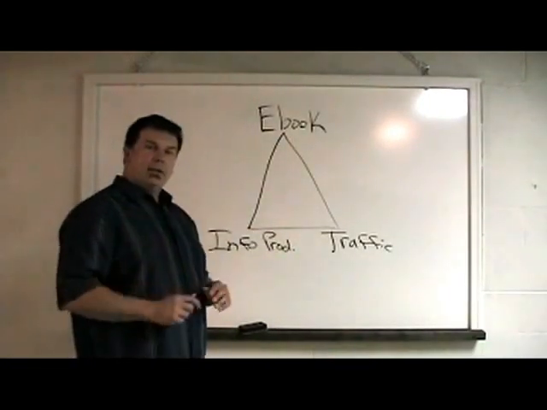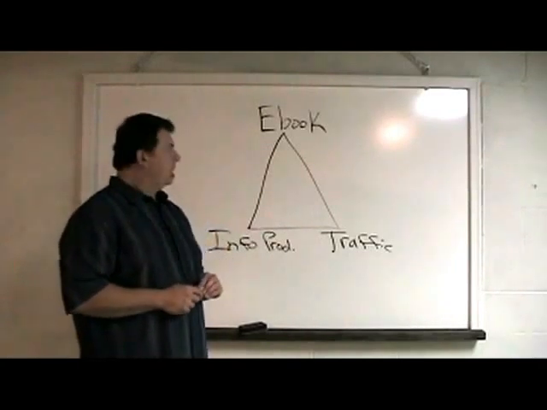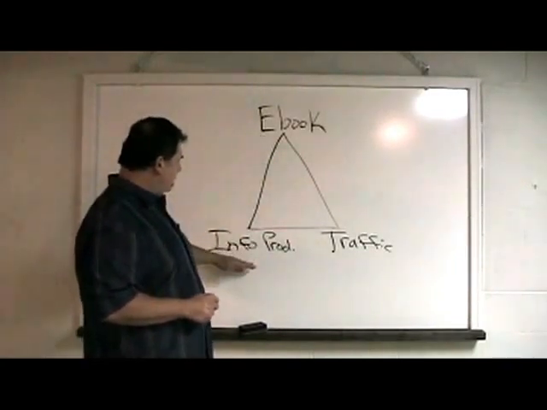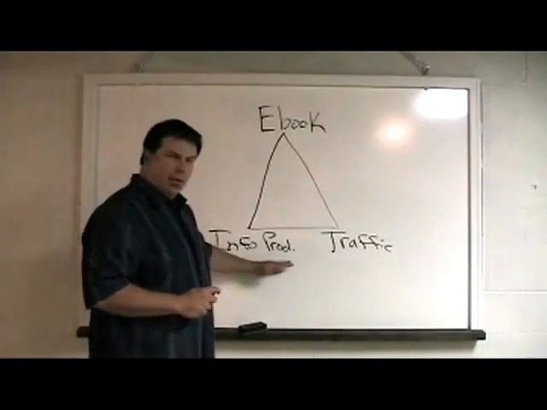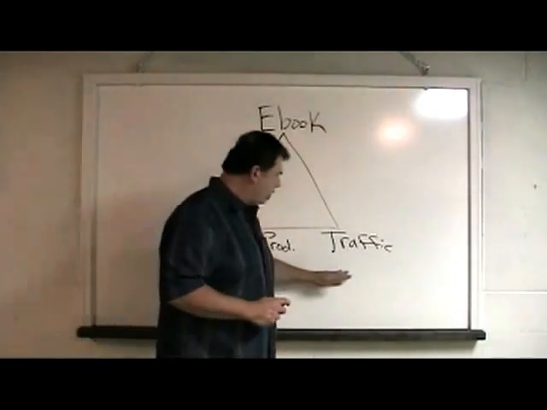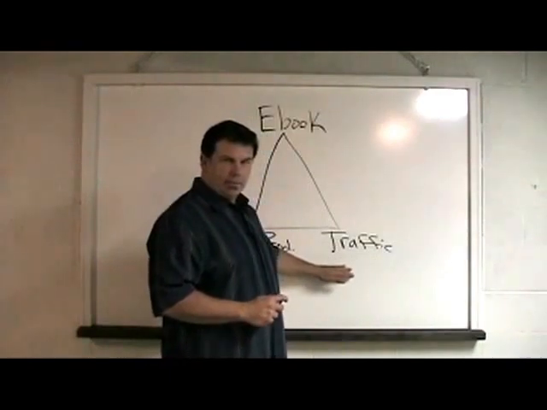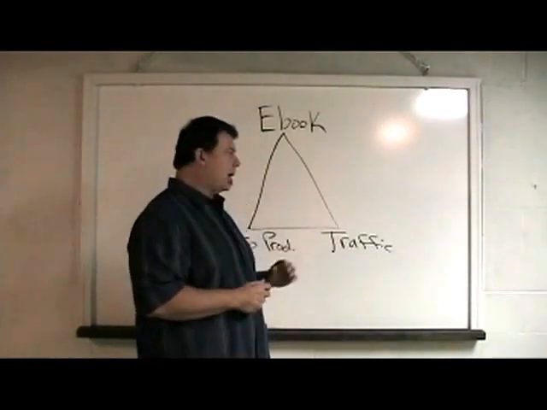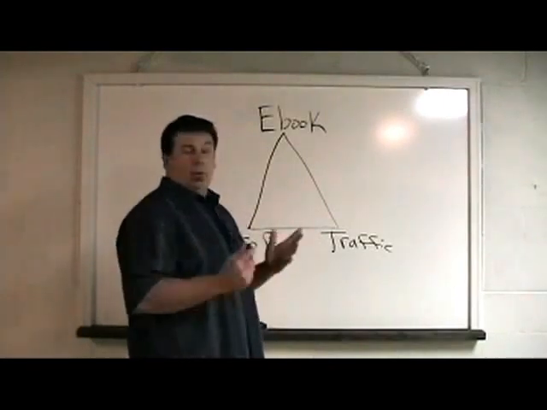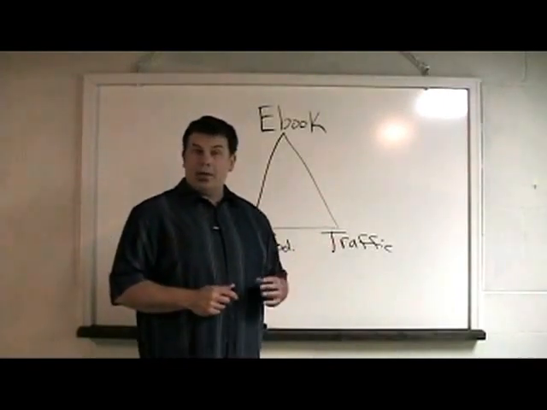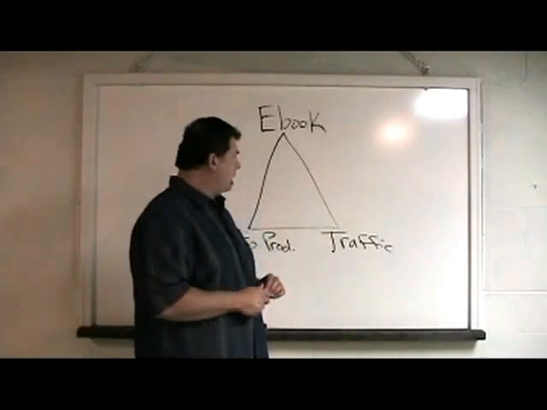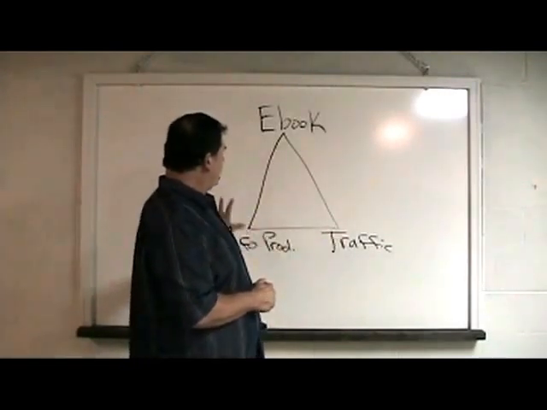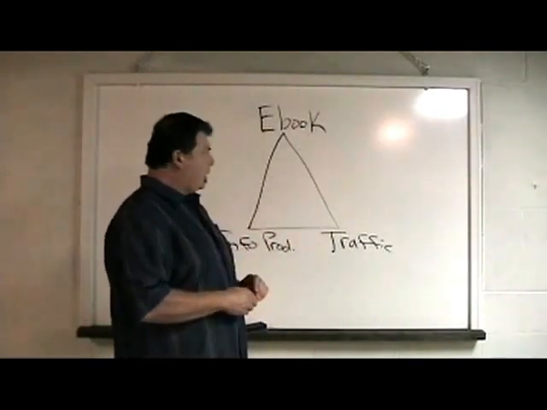But what if you had three totally different businesses? You had an ebook business. You had a subscriber list just for info products. You have a subscriber list only for traffic generation. You see, there's a lot more profit potential in this type of model, and one of which is you have more ideas for products. You can create a lot more products to meet the needs of all three of these totally separate niches.